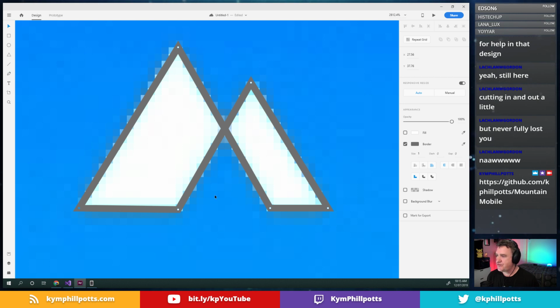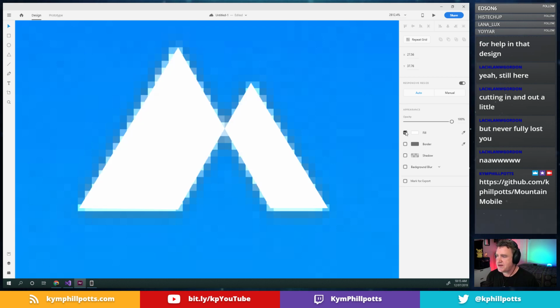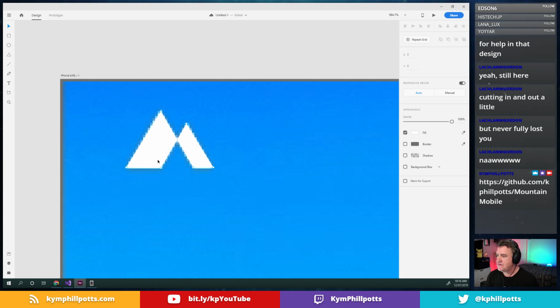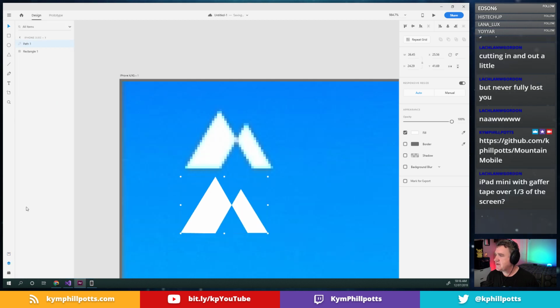But that's a pretty good approximation. Let's get rid of the border. Let's add a fill. All right, so there's our mountain design. Beautiful. All right, and what we'll do is we will come to our layers here, and